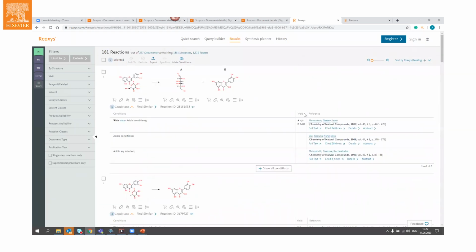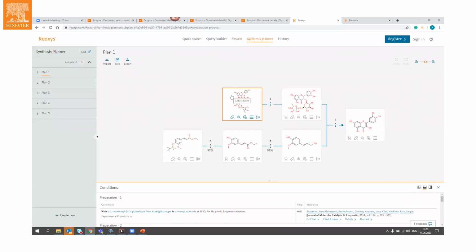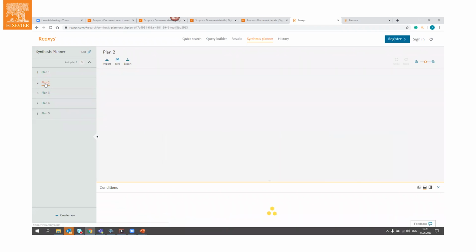And also what Reaxys has, so you see some reactions which you can use to get this substance, but also you can use the synthesis planner. You need to click over there. You will see this screen. You can use the automatic planner. And let's create the retrosynthetic plan. Reaxys will collect the puzzle for you and automatically create several plans. So quartzitol can be obtained from this and this molecule, but I don't think it makes sense. So let's see what else is available.